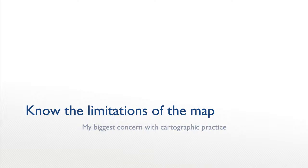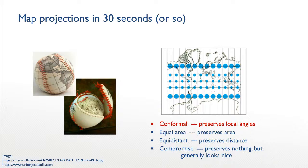So map projections are one of my pet topics that I particularly like. Just a quick, what do I mean when I'm talking about map projections and the challenges of map projections? So think about